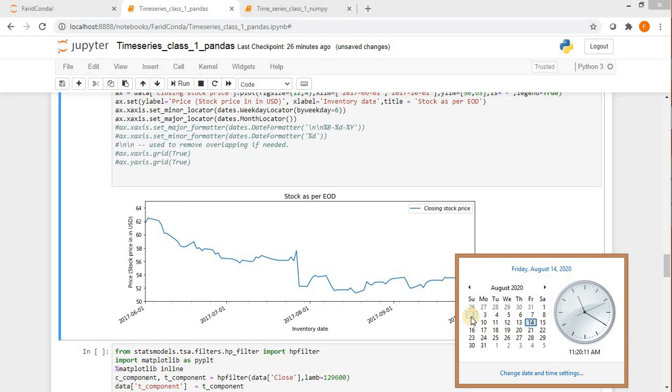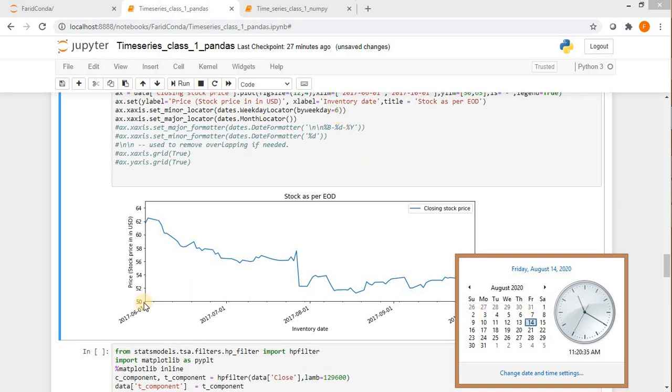The 6th day of each week in the sense that, in pandas, the calendar starts from Monday, Monday to Sunday. It will be indexed with 0, 1, 2, 3, 4, meaning Friday is 4, Saturday 5 and Sunday 6.